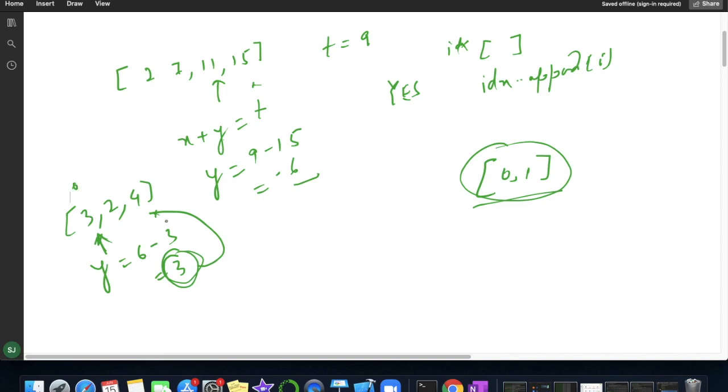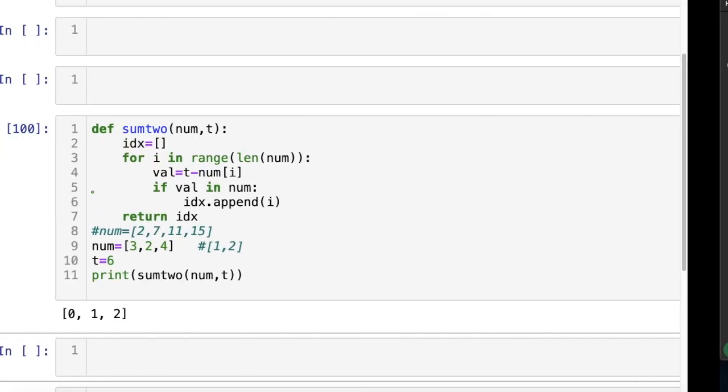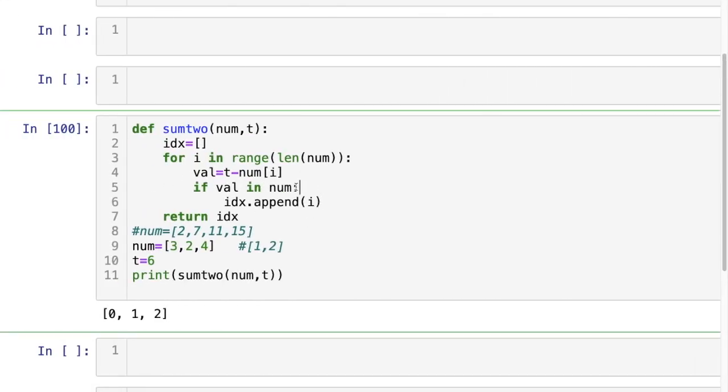That's why it was adding that 0 index. So I have to add one more condition: if it is present, then the index of that value should not be the current index. So if I add one more condition here, if it is present and at the same time the current index should not equal the index of the value present over here, meaning the index of the value which you got should not equal the current index.